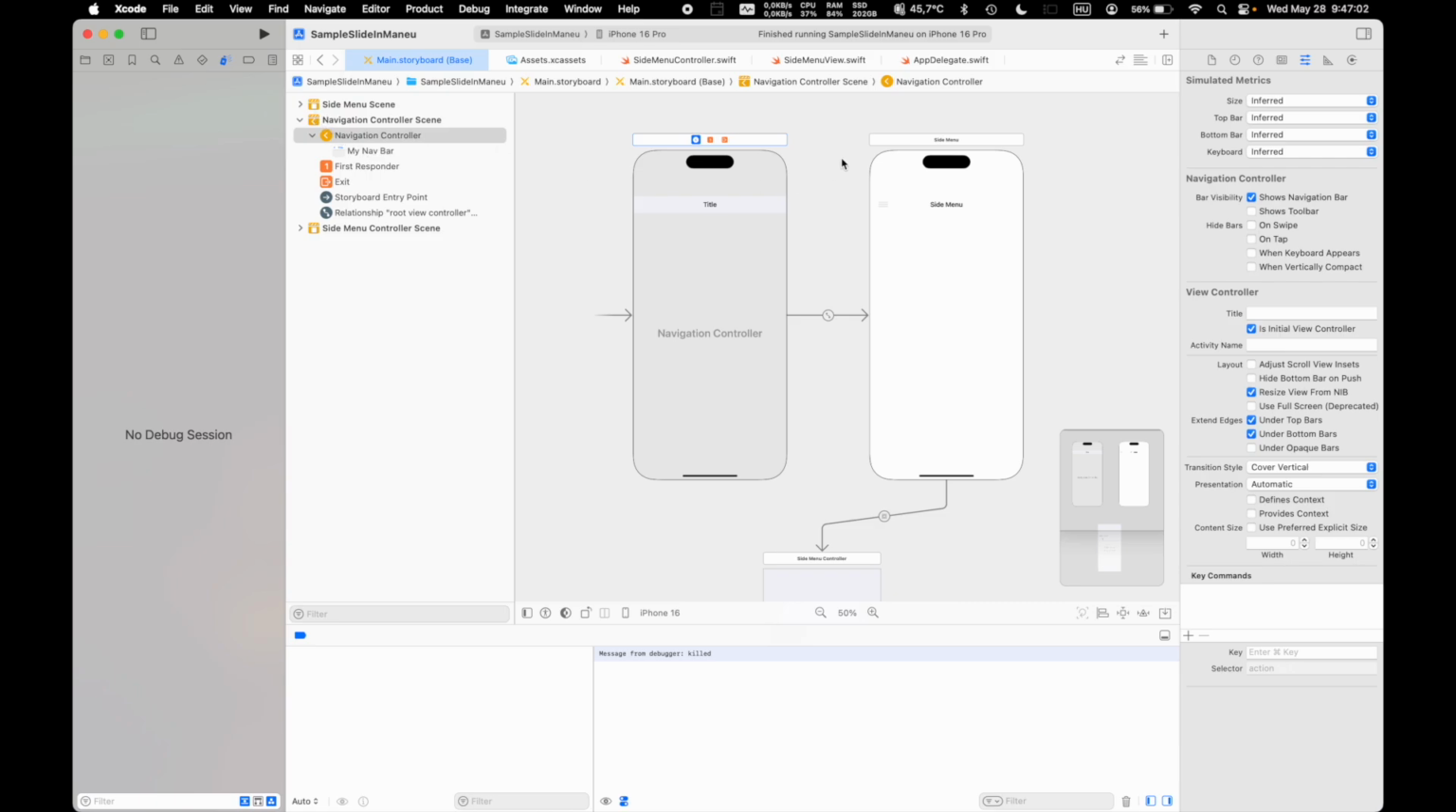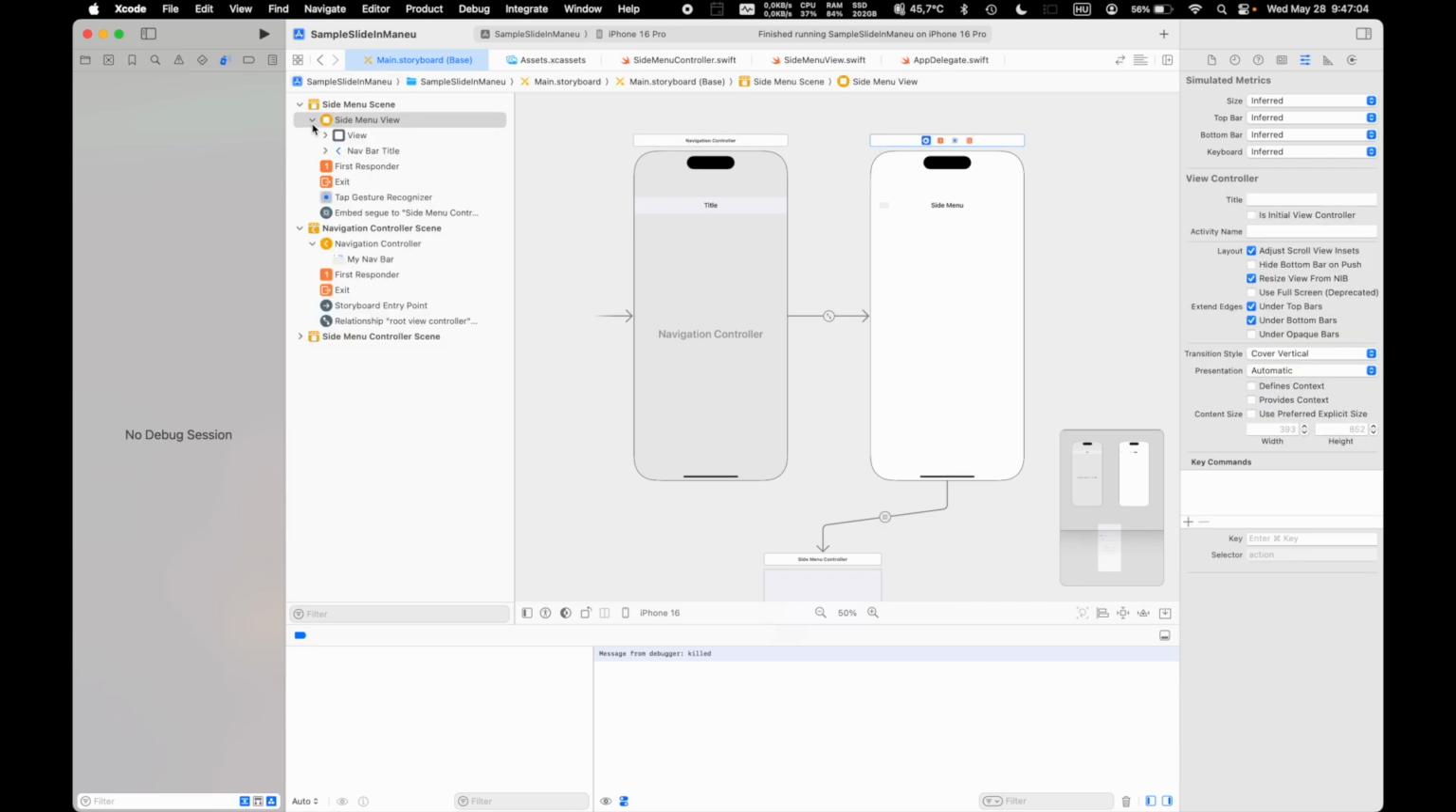which will be the side menu scene, so this one. And there you don't need to do anything else, just you put there a view, and then you add a menu view, and then you also should add a cover view. I will tell you why we add this cover view later on. So then you also need to add a navigation bar